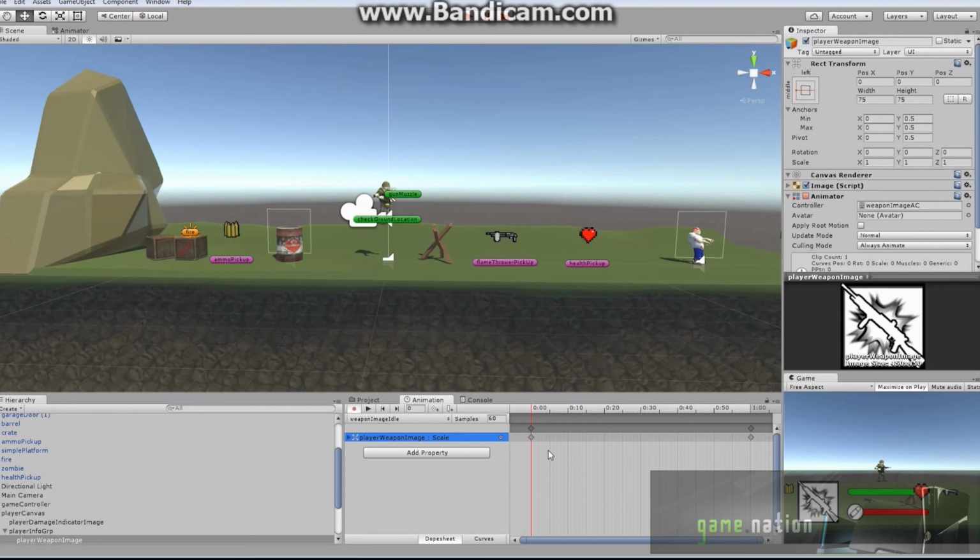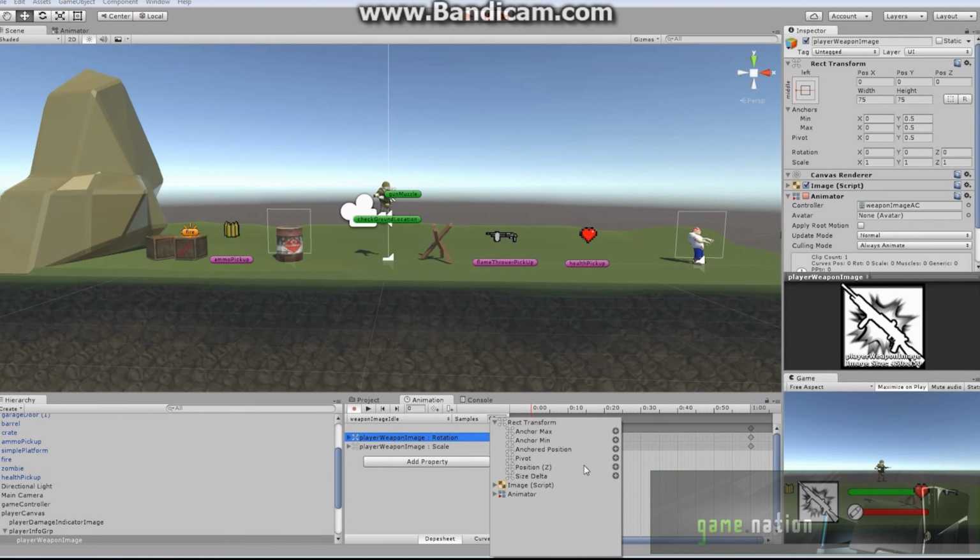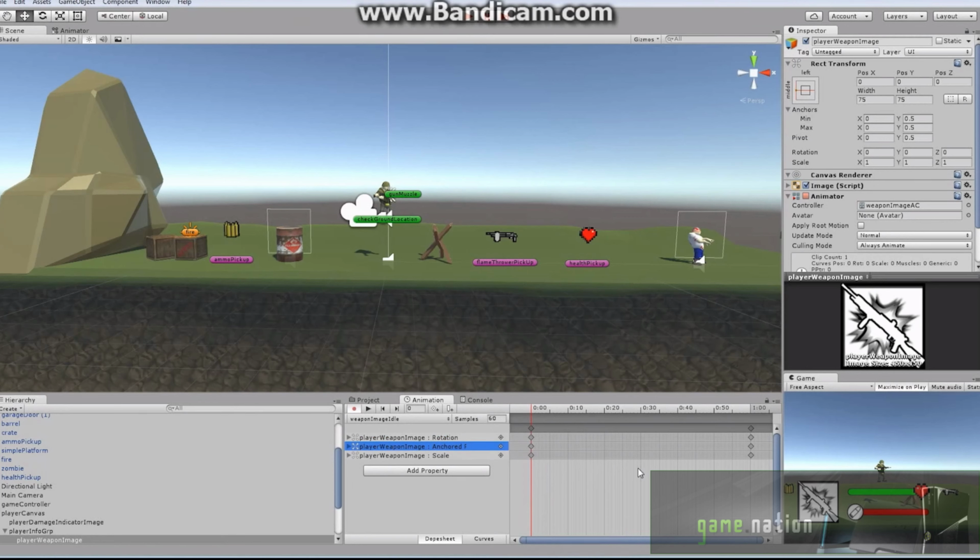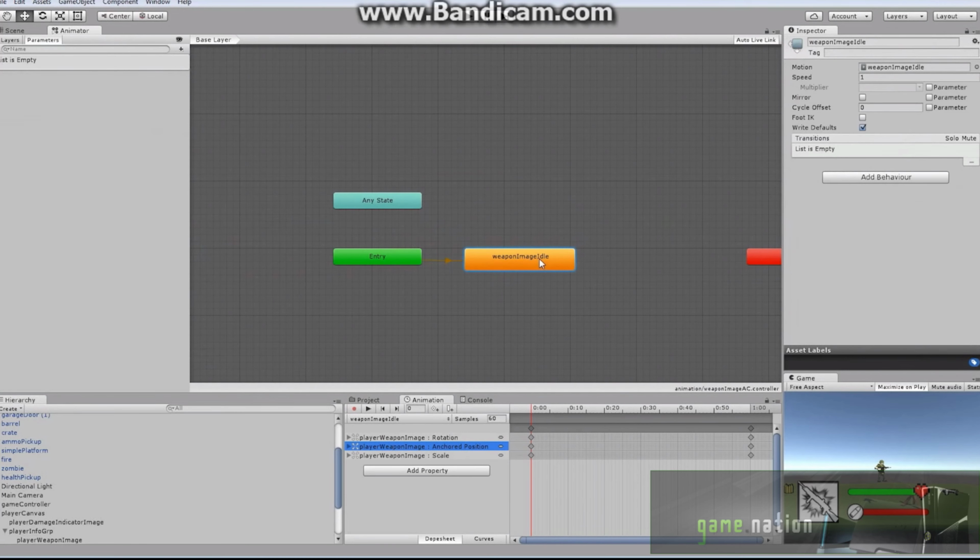All right, and let's add all the properties just in case. I don't know if we have to, but let's add all the properties we're going to end up affecting. I'm going to add my rotation, and lastly, I'm going to add property, and I'm going to add my anchored position as well. Bam. I'll add all of those because that's what we're going to add in the next one. All right, so that's perfectly great, and I'm going to stop this for now. So nothing actually occurred in here. We didn't actually add anything, but if I take a look at my animator, I now have my weapon idle